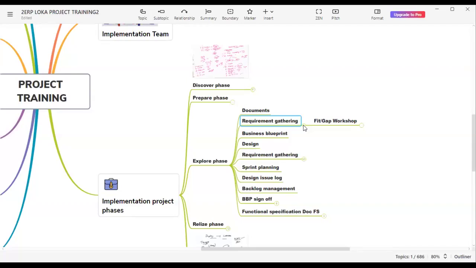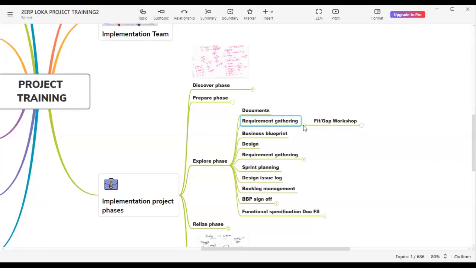So this might also be into the question, from whom are we going to gather the requirement? From business. We can tell that we are going to gather the requirement from SMEs. So each process owner will have an SME, and he knows the complete business structure, how the business is working. So that person is called as SME, and he will provide us the complete requirement of the business. If not the SMEs, in some cases, in small scale industries, the SMEs will not reach out to the consultants directly. They will have a project manager. So the project manager will gather the complete information from SMEs and provide that information to the consultants.